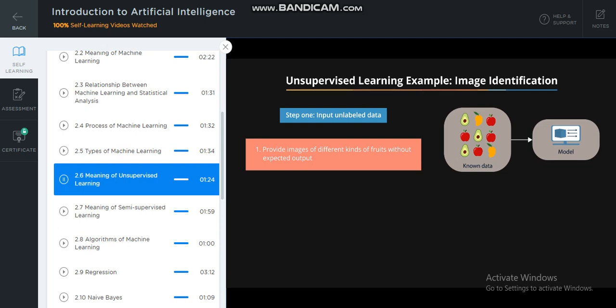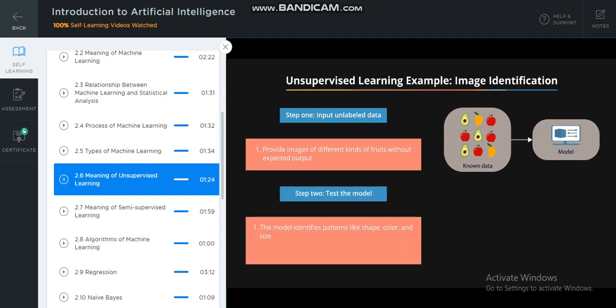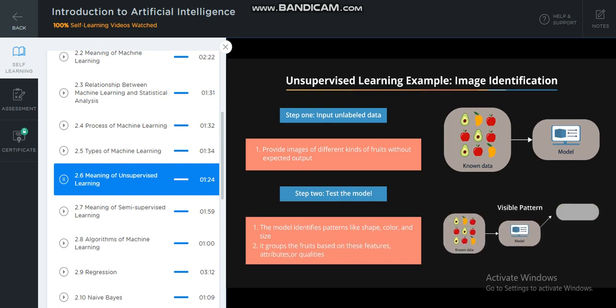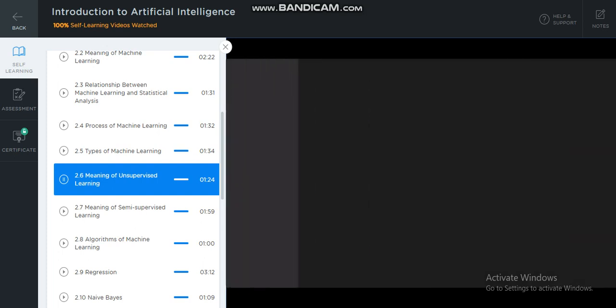The goal of unsupervised learning systems is to understand and notice patterns, trends, and similarities from the given data. In the next step, the system will look for data patterns such as shape, color, and size, and then will group the fruits based on those features, attributes, or qualities.